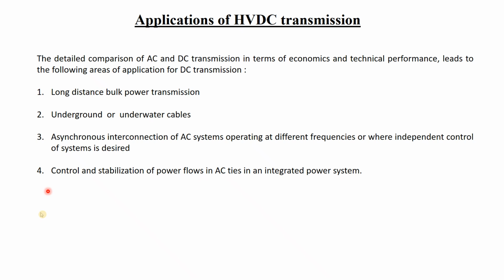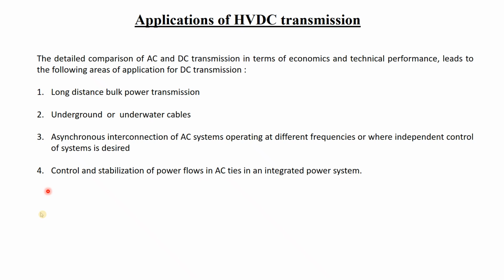Okay. Now bulk power. Why bulk power? Because the power loss is 33% less in HVDC, so obviously we will try to transmit as much power as possible. If the losses are 33% reduced, then we will try to implement this particular path for bulk power transmission. That is why it is only used for bulk power transmission. Underground or underwater cables, because here also the distance is very high, and here also we require bulk power.